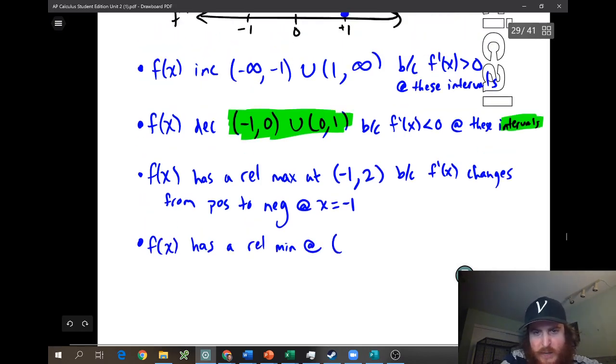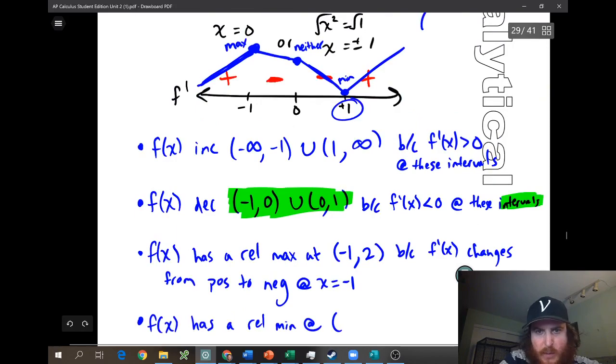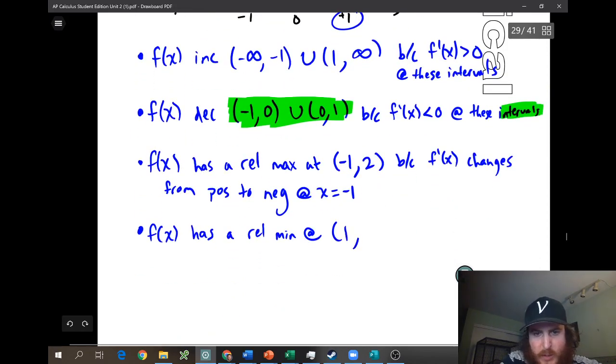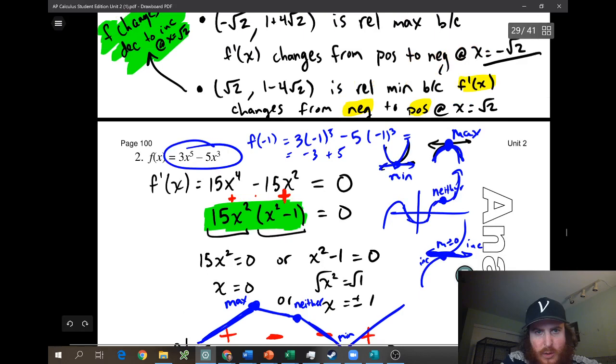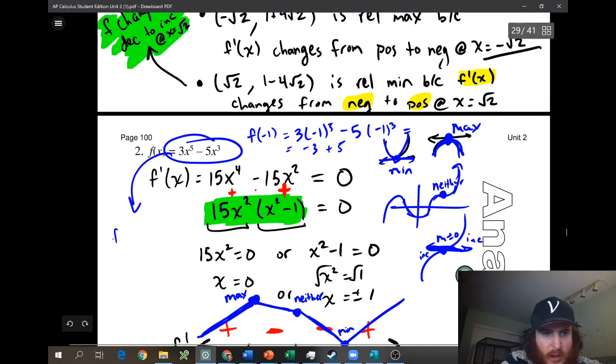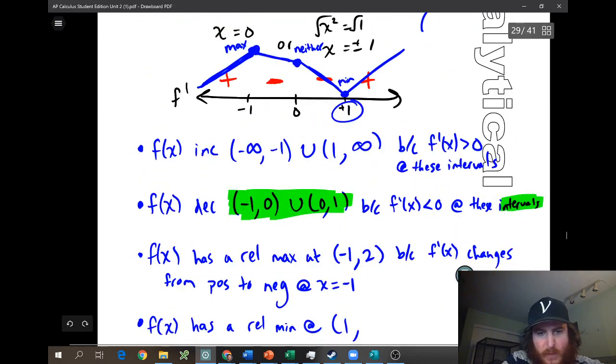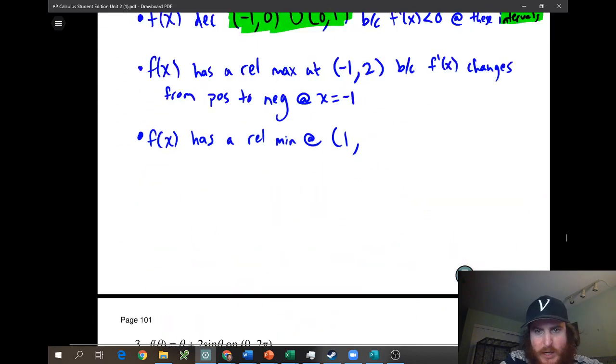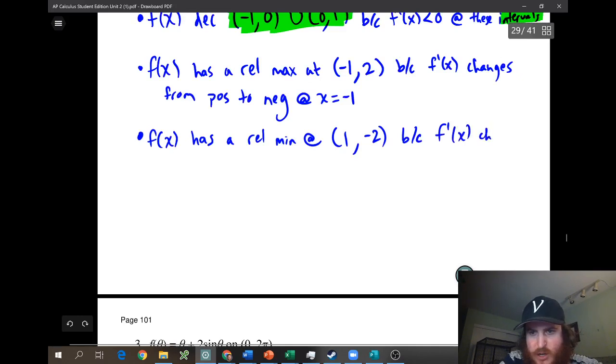Now, our x value is at +1. That's where our minimum was. So at 1, comma, now we're going to plug in 1 up here. Right, f of 1 is 3 times 1 to the 5th minus 5 times 1 cubed. 3 minus 5 is -2. So at 1 comma negative 2, because f prime of x changes from negative to positive